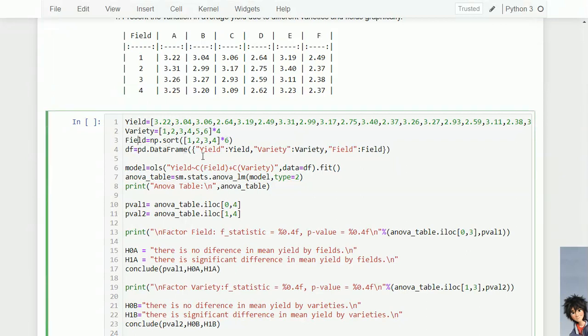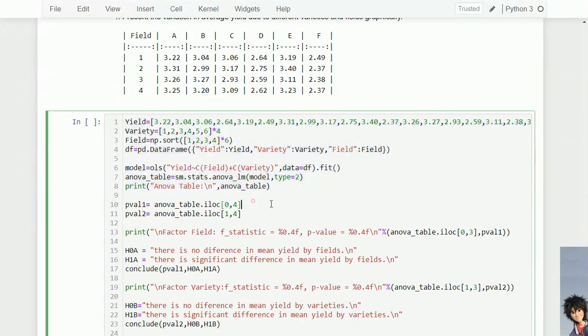So in the data frame, the first column will be the yield, the second column will be the variety, and the third column will be the field. Whatever we have done in one-way, we can use in two-way. OLS is equal to yield on field and variety, data equal to df as we have entered it here, dot fit, then the ANOVA table, stats ANOVA_LM model, type equal to 2.